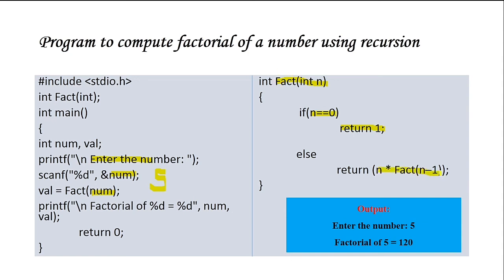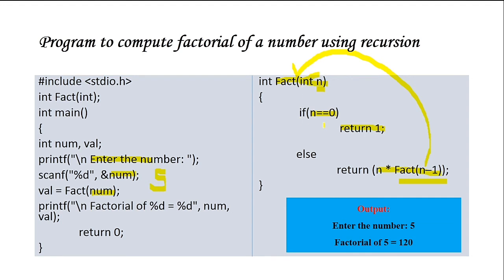Now when you write like this, what will happen? Suppose I want to find out the factorial of 5, then 5 will be passed over here. Whether n is equal to 0? No. So else part it will go, and 5 into factorial of 4 will be done. Now factorial of 4, it will call this function again. We are calling it a recursive function, right? It is going to call itself. Once again here, instead of 5, you are going to take the value as 4 now. You are passing 4 to this.